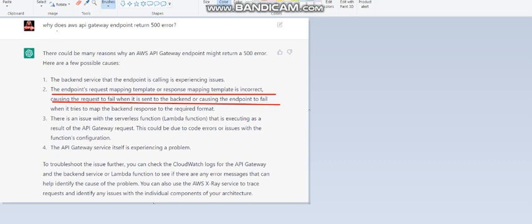So I basically asked this question: why does AWS API Gateway Endpoint return 500 error? And it actually pointed out all of the possible causes. And when I read point number 2, I was like, whoa, this is probably something I should look into. So I looked into the endpoint request mapping template, and I figured out that my lambda function was not working properly. It was causing the request to fail when it is sent to the backend, or causing the endpoint to fail. That's exactly the error that I had to deal with. It was all in my voting lambda backend function. So I actually used ChatGPT to troubleshoot